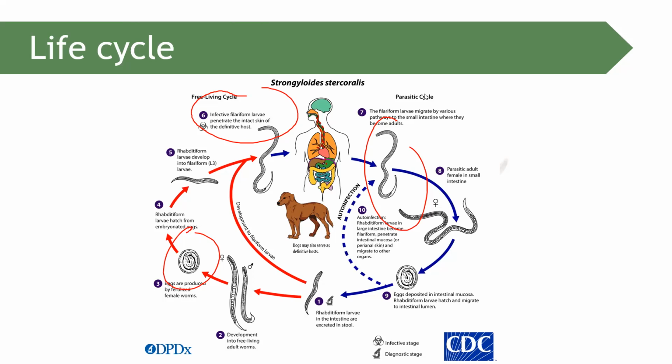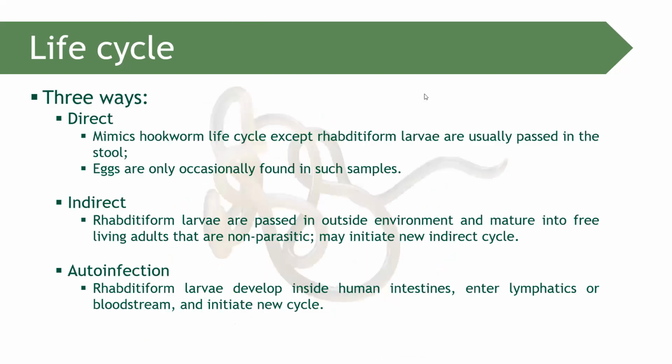Yung egg, again, naging Rhabditiform hanggang sa naging Filariform na nag-initiate ulit ng another infection. Now, there are three ways. Number one, direct. Mimics the life cycle of hookworm. Okay? Mimics the life cycle of the hookworm. Paano? Through skin penetration, maturation in the small intestine, union of male and female,